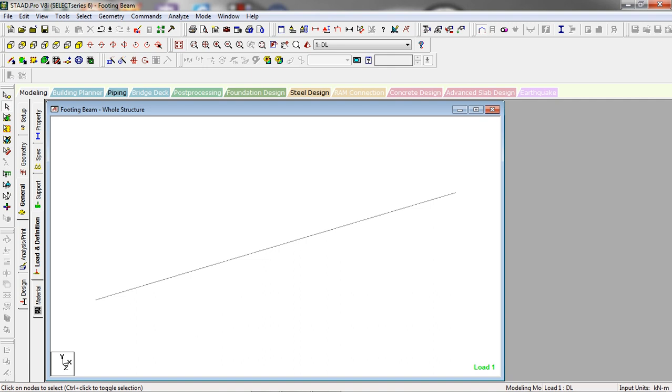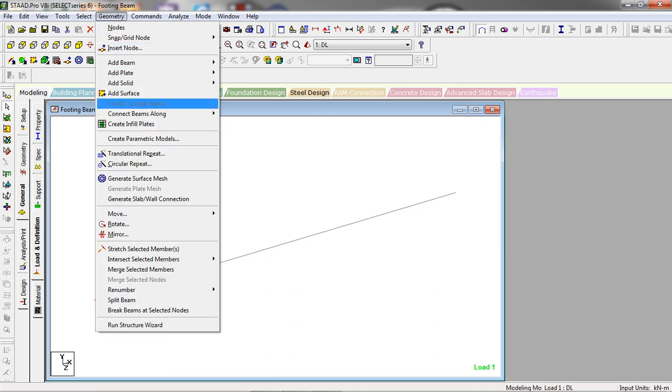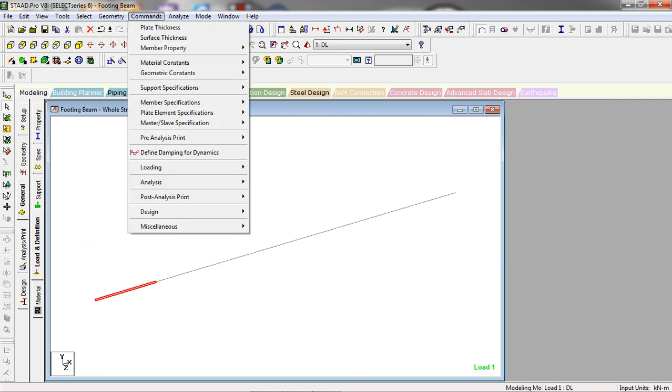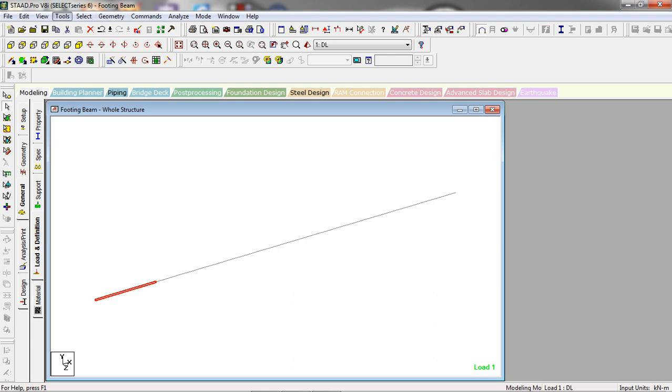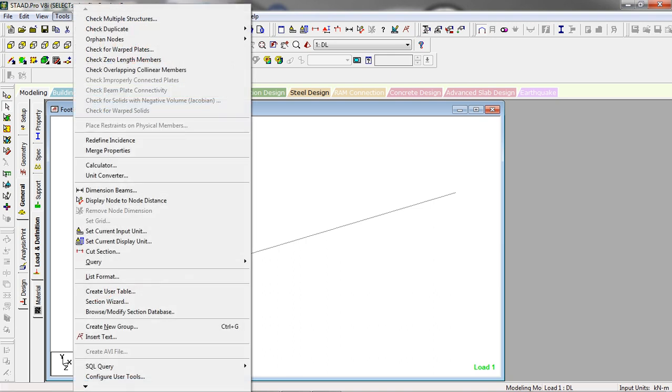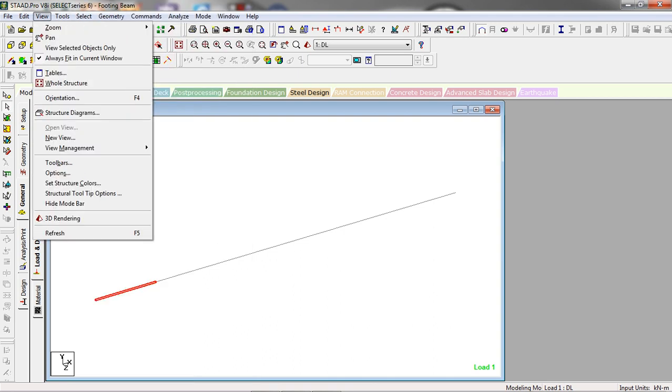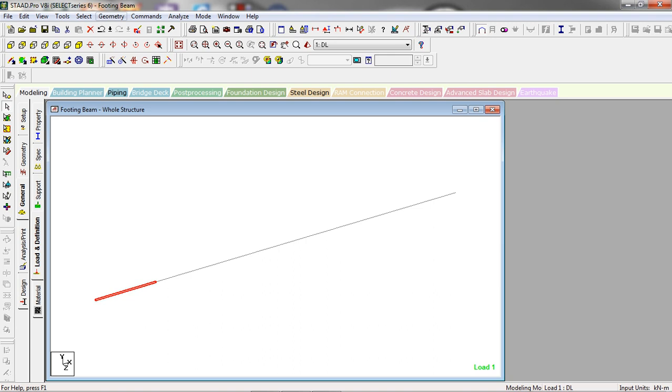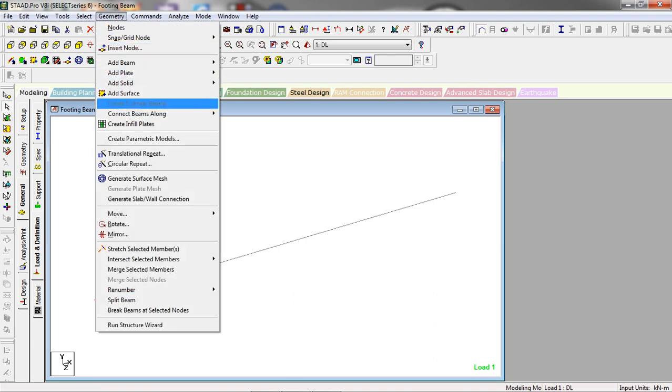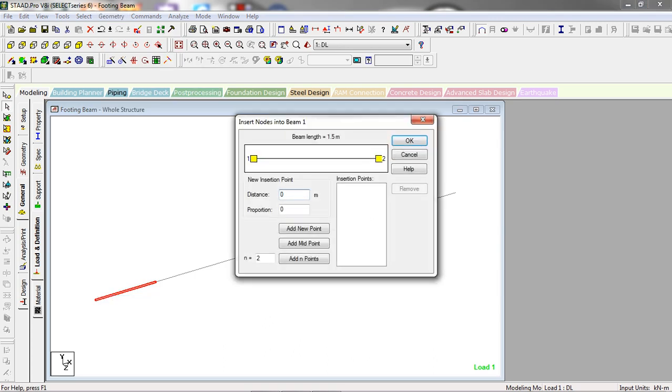Now we have to subdivide the beam into small parts so that we can fix their foundations, spring foundations. Split beam.